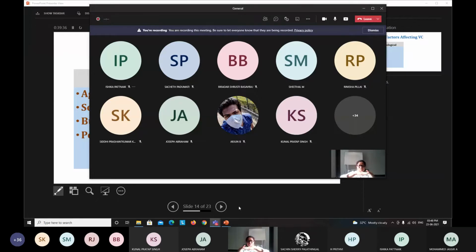And in lying down position, one more thing happens: there is pooling of the blood in the pulmonary tree. In standing position, the venous blood will be pooled in the lower limbs, whereas in lying down position, it will be pooled in the lungs. Because of all these reasons, in lying down position, vital capacity will be minimum or least. This is what we are going to find out by doing this experiment.